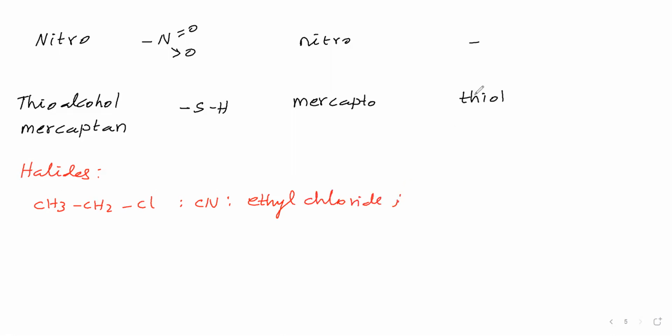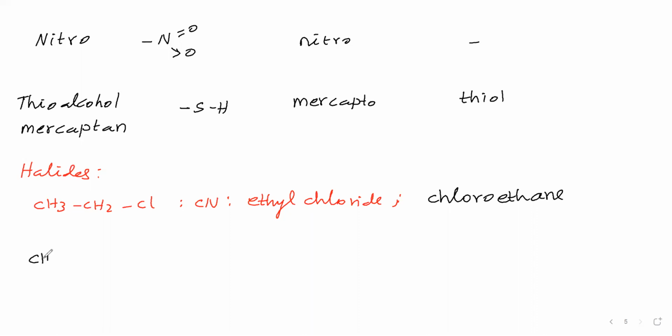Now we will see the IUPAC name. First we have to say the name of Cl, which as a halo group is chloro. Here 2 carbons are present, therefore the root word is eth. A carbon-carbon single bond is present, therefore ane. So the IUPAC name is chloroethane.